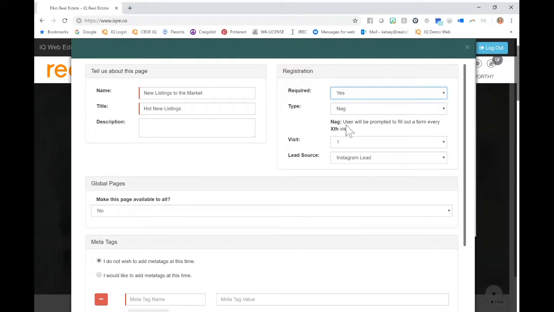Now, a couple things about this. You do not want to force people off your page. So you do not want everything on your page to be something they have to register for. People live in a land where they get information all the time and they want to have information at their fingertips. So if you're asking them to register, you need to make sure that you're giving them valuable information, one,